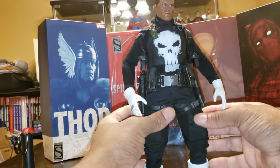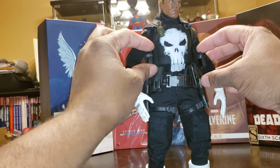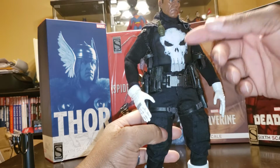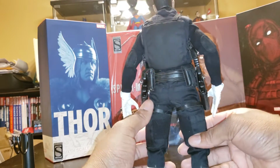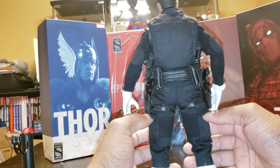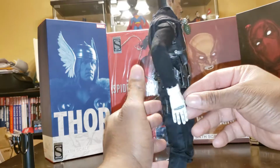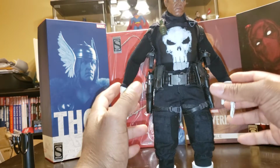So yeah, all these pouches and things you see, they work on Punisher. The pockets on his pants, the pockets for his ammunition around his belt, they work. They're functional. That's really cool. If you wanted to have that level of detail, you could put something in there. That's just have him tucking something in there. That's really cool. These hands seem pretty long to me. All right, now let's get into,